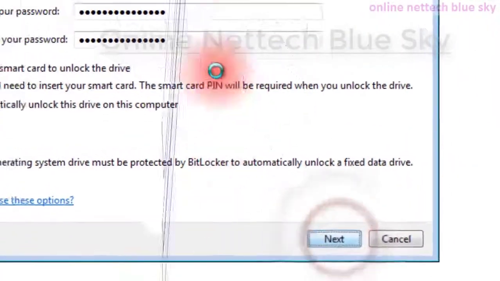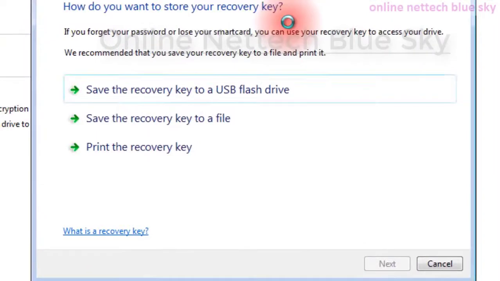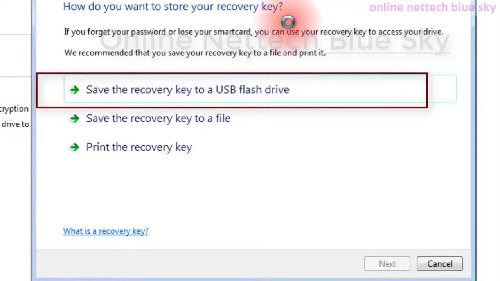I click next here, and this new window shows me: save a recovery key to a USB flash drive, save the recovery key to a file, print the recovery key. So sometimes you forget your password, lose your smart card, or do not remember your password.